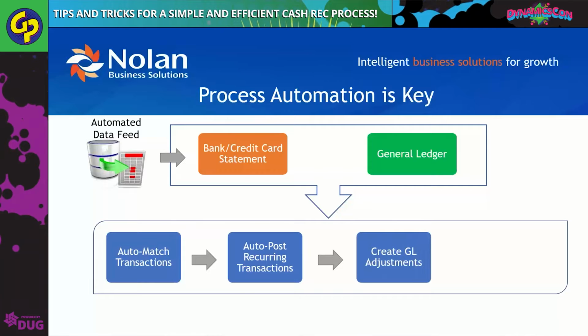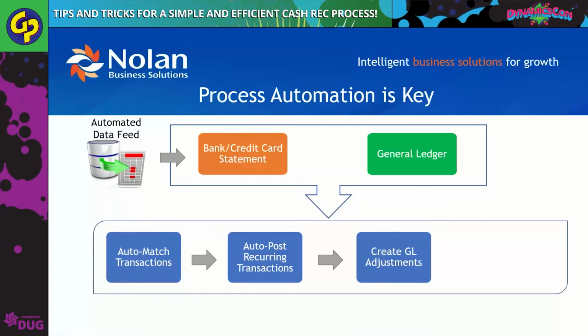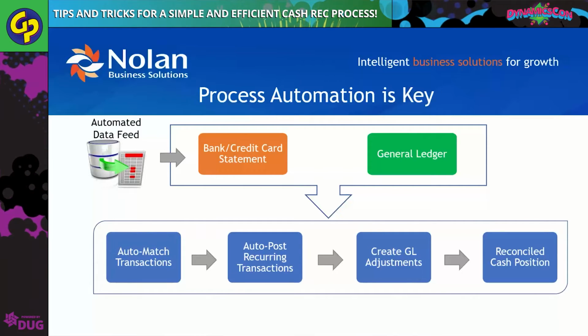Then there's always the one-off cash transactions, but hopefully if you have strong auto matching rules and auto posting rules, those remaining transactions should be minimal. Having said that, there's always going to be a need for a simple and quick adjusting process for those remaining transactions that ideally requires just minimal clicks to update the GL and ultimately get you to that daily cash reconciled